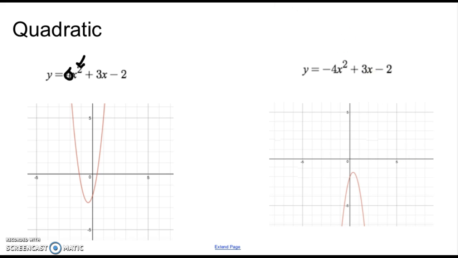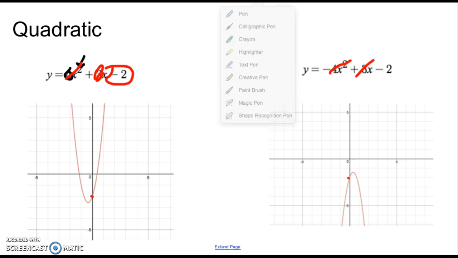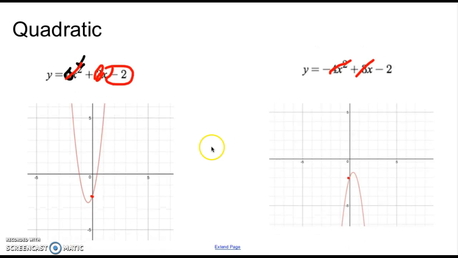One thing I want to point out about these is the y-intercept. Remember, to find the y-intercept, we substitute 0 in for all the x's, so this term would be gone, this would be gone, and we would just have a -2 for our y-intercept. Same thing here, that would be 0, that would be 0, and -2 would be our y-intercept. So if we can remember just our end behavior and finding our y-intercepts, we'll be in very good shape for